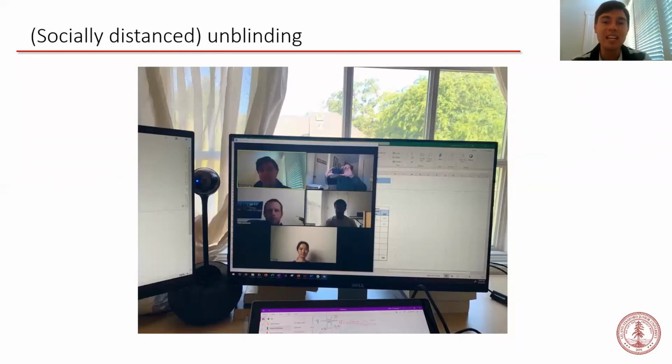So this is the scene from Mark's home office as the unblinding was about to occur. Here are the other members of the EP team, Peter, Min, Joe, and Mark. You can see that Mark is in the process of taking a picture of the screen while we discuss how the unblinding will be done. We were screen sharing a Mathematica file that, when run, would remove the blind and show us the result of the EP test.